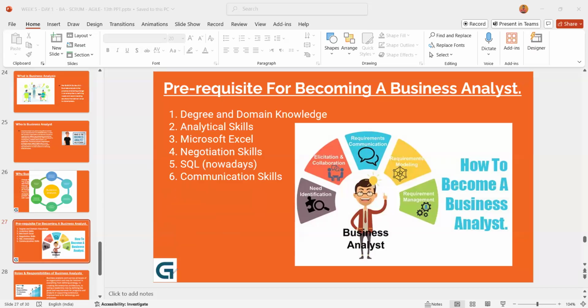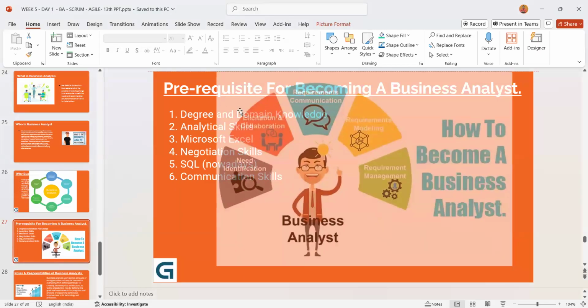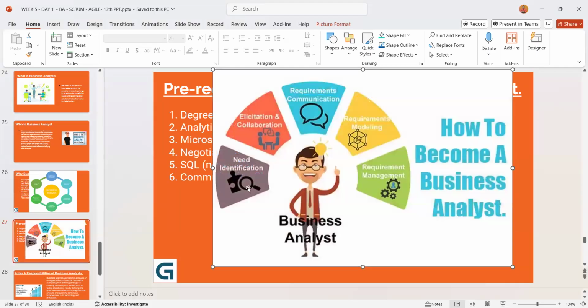Now, as a business analyst, what should be your role? Before you do that, let's explore. Explore what? As a business analyst, what exactly does this pictorial represent? You need identification. Then you elicit and collaborate with the customer. When you are eliciting, you are asking questions, collaborating with the customer. You are eliciting, educating, and exploring as well. These all become part of elicitation and collaboration.